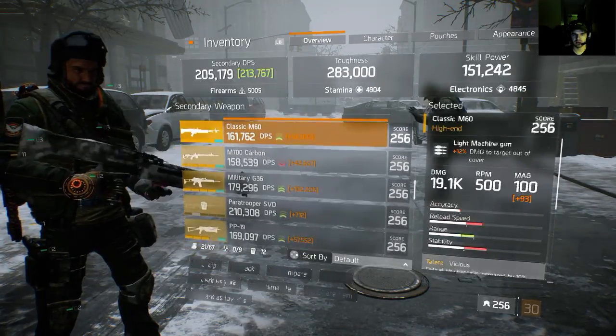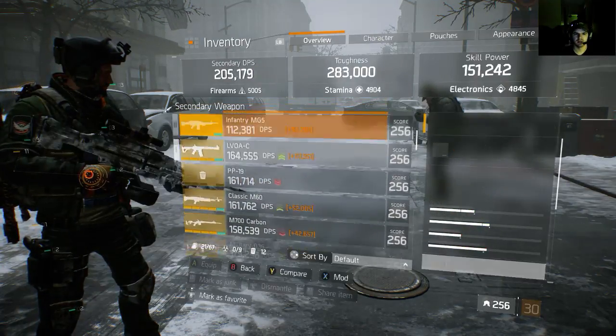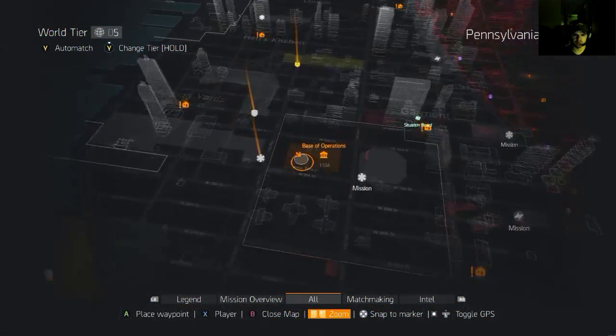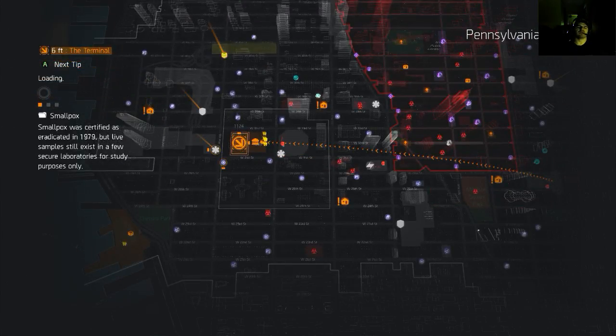Another PP-19, not anywhere close to our current one. Well, 61 and 16.9. Alright, so we've run our mission here. We're going to go ahead and return to the house and restock. We'll do our checks and stuff like that. Make sure, see what we can purchase, because we should have plenty of Phoenix credits. And with that